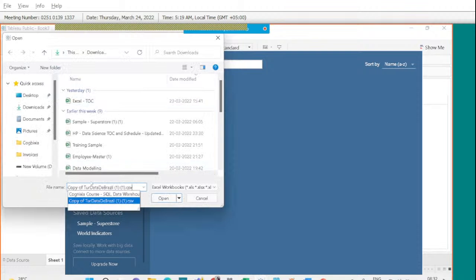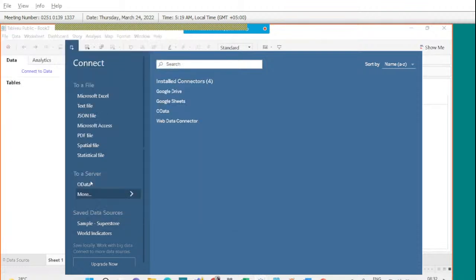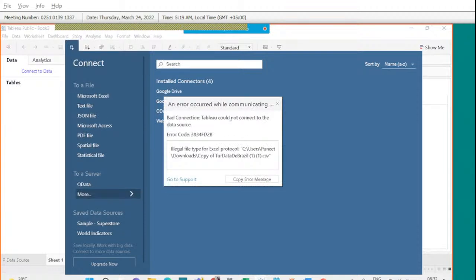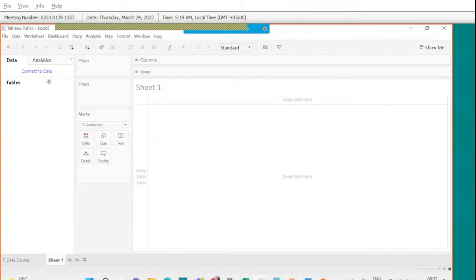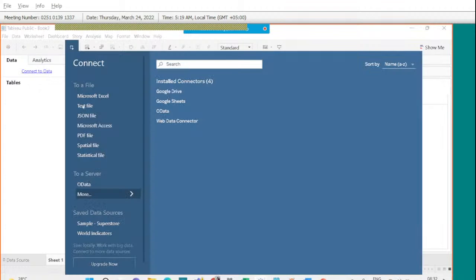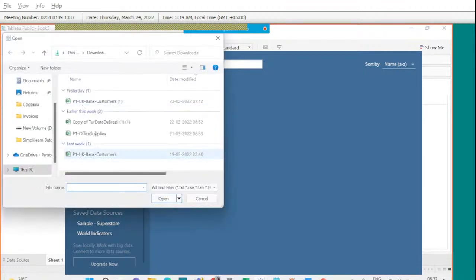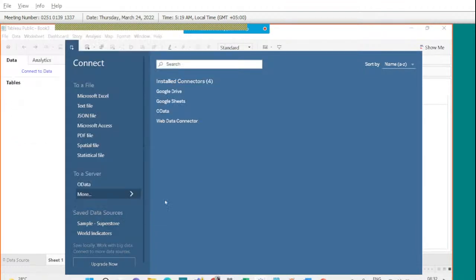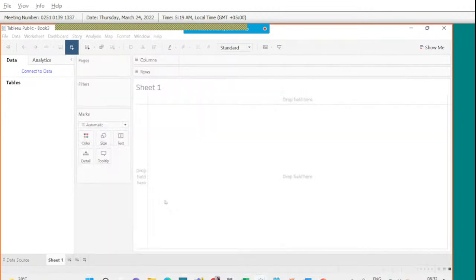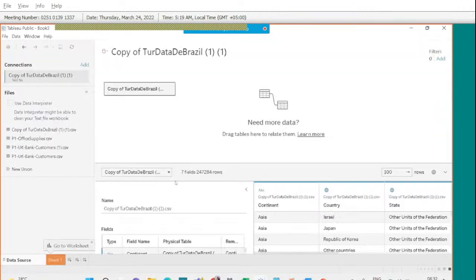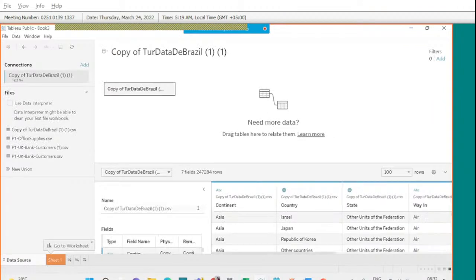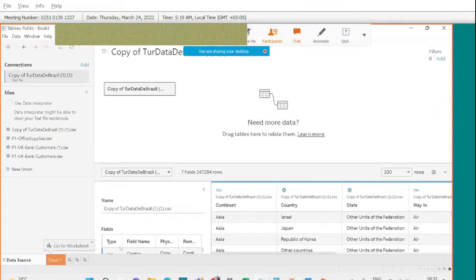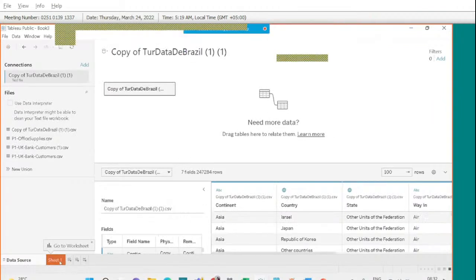So this is the data. Sorry, it's not an Excel file, it's a CSV file. What is CSV? It's a text file, not an Excel. So connect to the data and choose text file. And here it is. So we load the data first of all. Correct? So now in this, the first question that we have